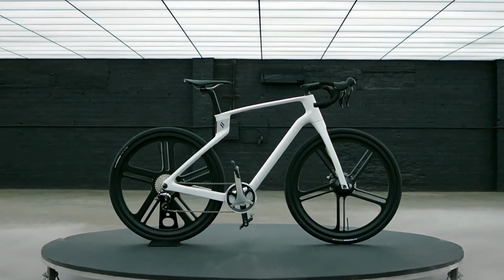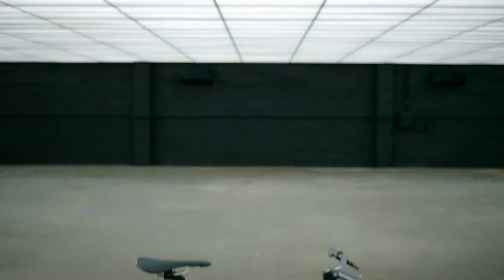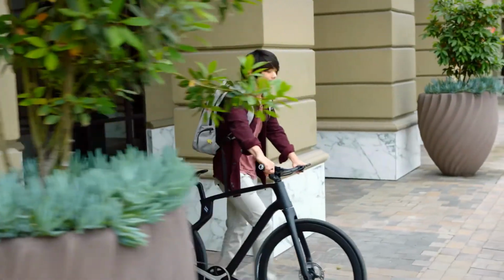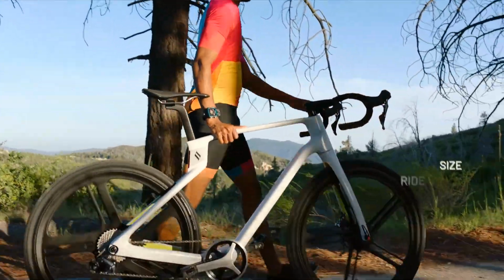The ultimate bike experience is here. Introducing the Superstrata, the world's first unibody carbon fiber composite bike, custom made for you. Each one of our Superstrata bikes is 3D printed with continuous carbon fiber to custom fit your size, ride style,